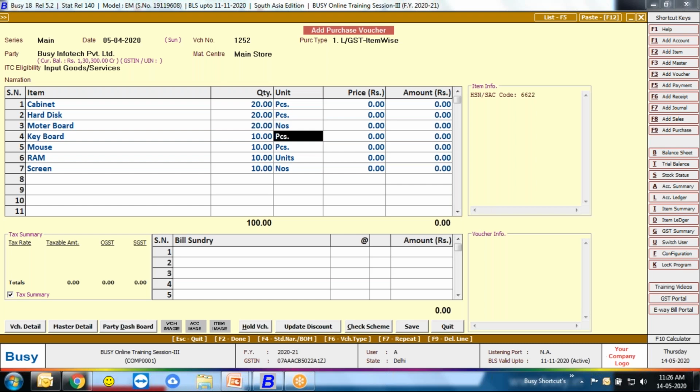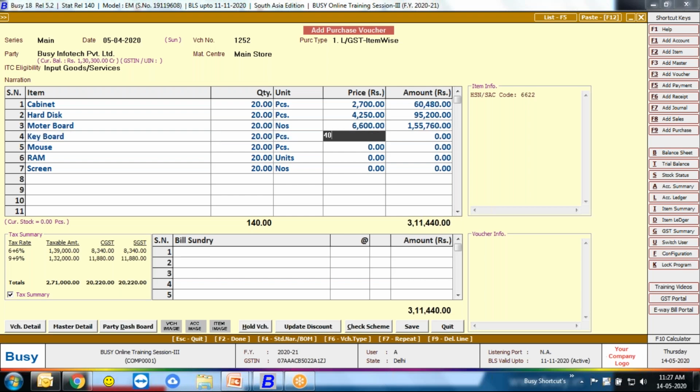All the raw materials I entered for purchase. What is the purchase price? Cabinet is, let's suppose, 2,700. Hard disk is 4,250 rupees per piece. Motherboard 6,600.